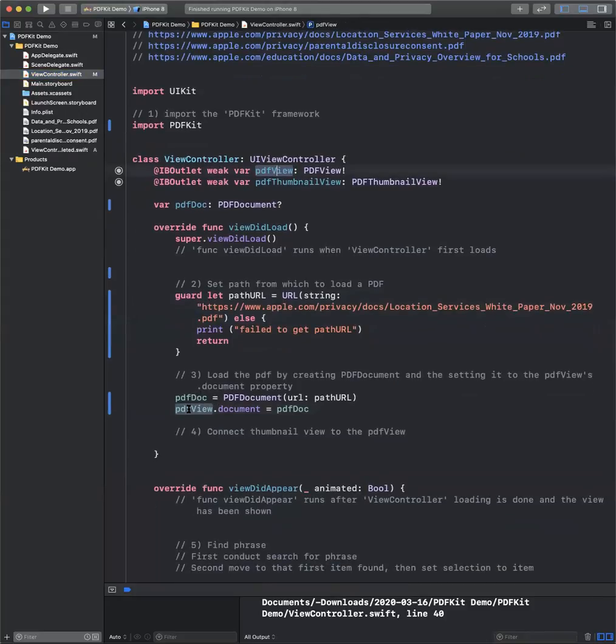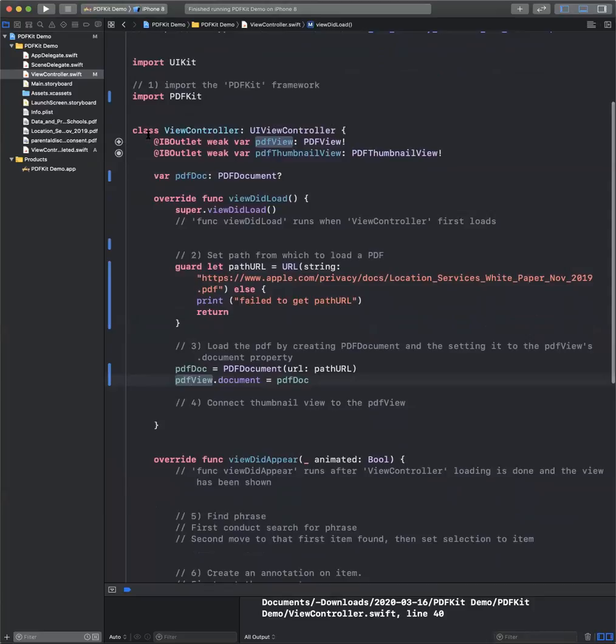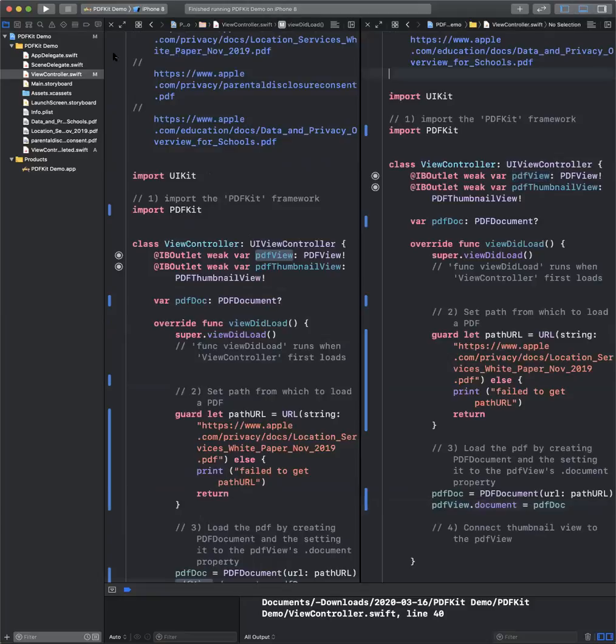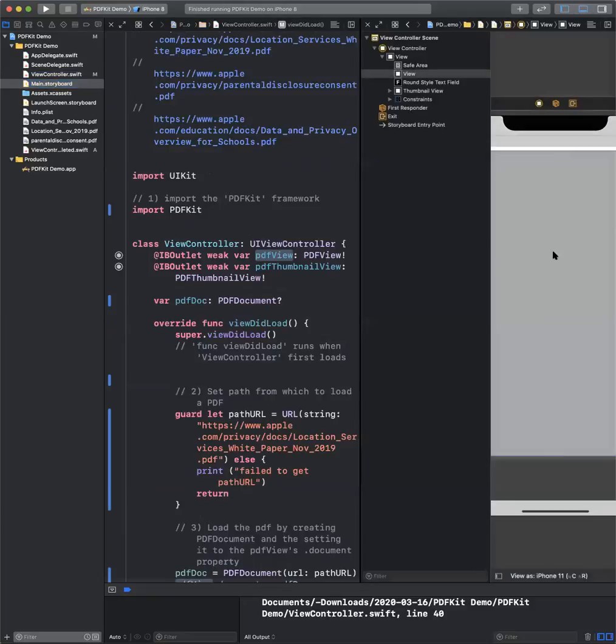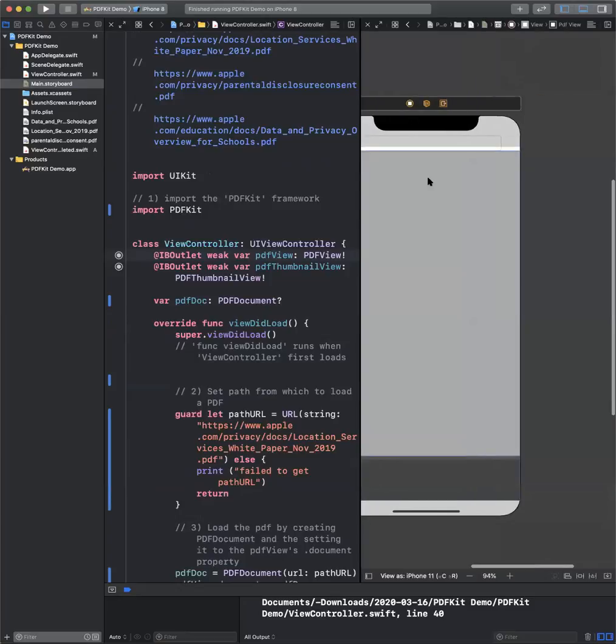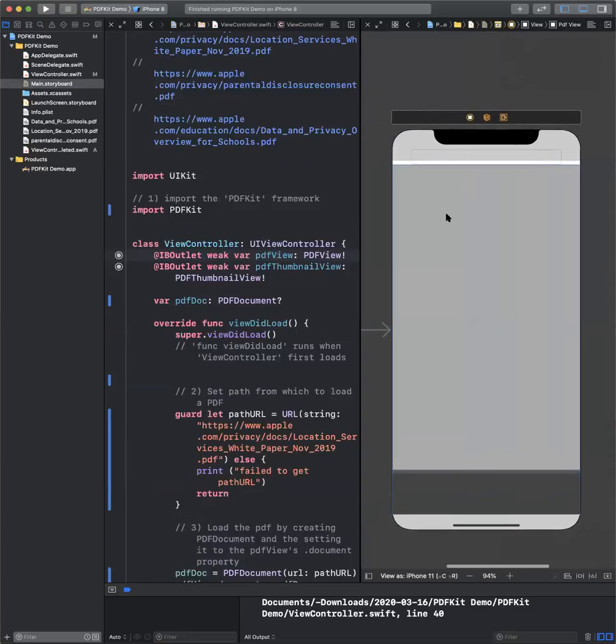Okay, so it works when I connect it. Just needs reconnected? Yeah, so if you just open up the storyboard by itself, or you can open both up, you can drag from the little view controller, or you can do it that way. And then you just have to connect it to the PDF view. So you can't drag it to the far left. For whatever reason, the selection only works when you go over the PDF view, PDF exclamation point. But I think you now have it connected. Yeah. Sorry about that all. That's an error in the GitHub